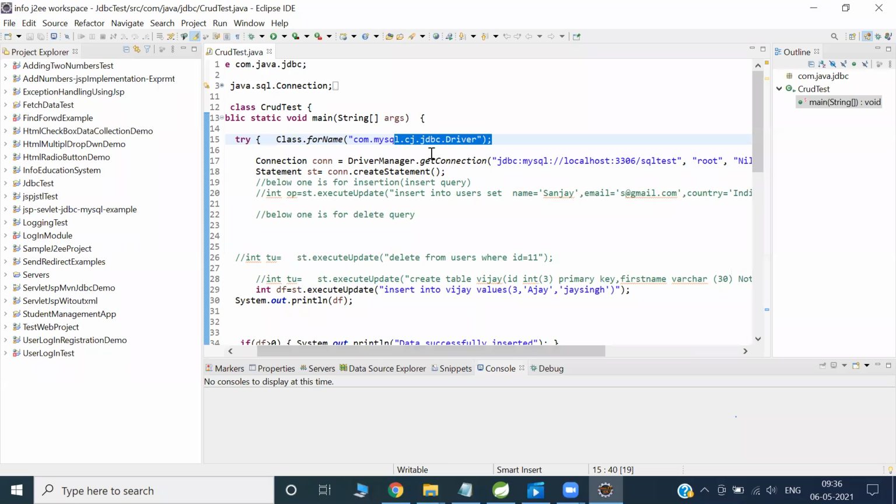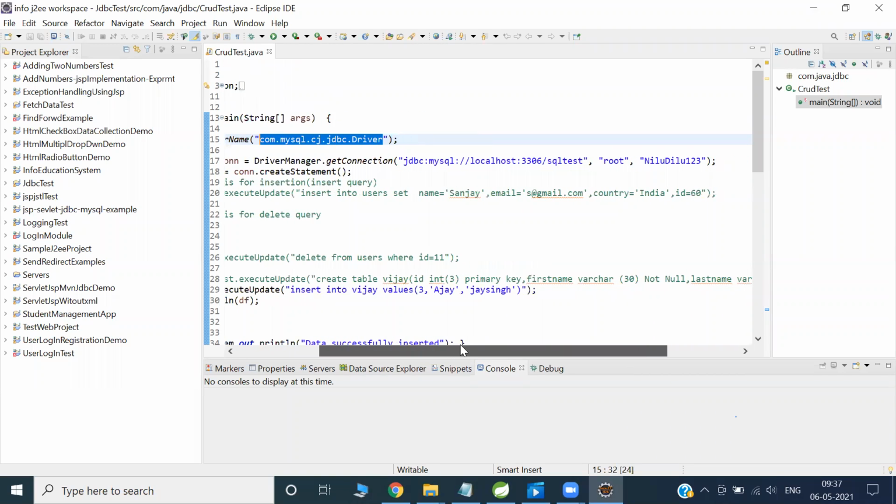All okay means, hey computer, in your system, the driver or JDBC thing is ready. Yes, JDBC thing is ready. And in the second line, you are asking: JDBC is ready, and SQL is installed in my system, but I need to connect from Java to the SQL or to the database.